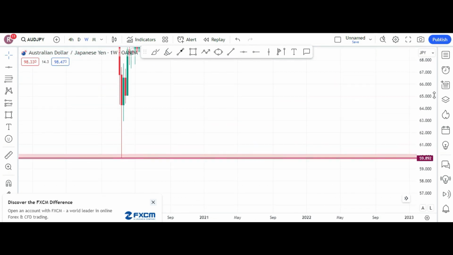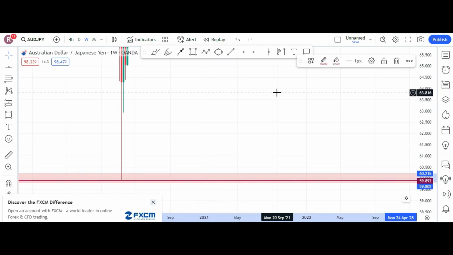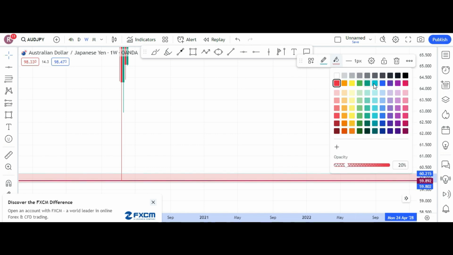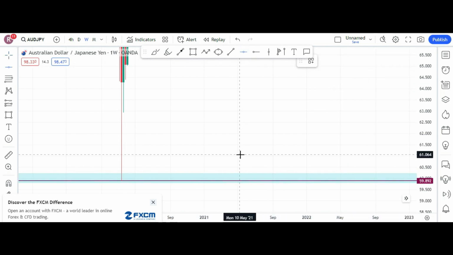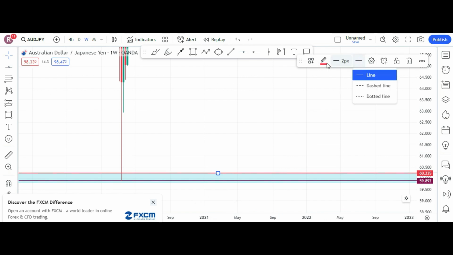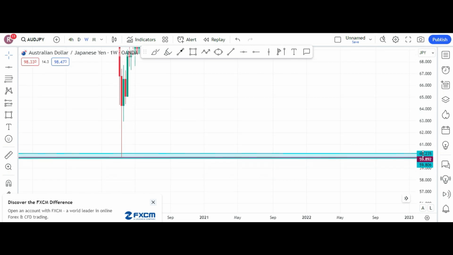So if we see this double bottom now in weekly, we need to use this color. This is our color, and to mark the total zone, I would like to put it like this and this, and let's go on this. Okay, now getting back to